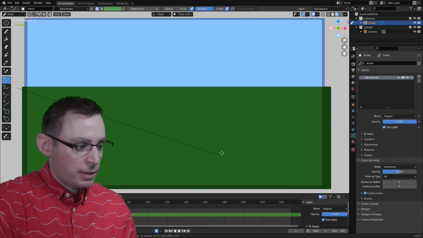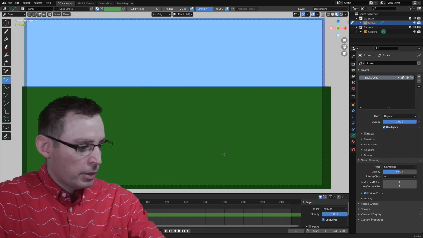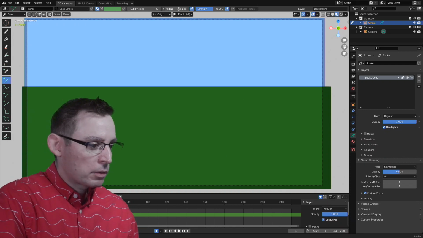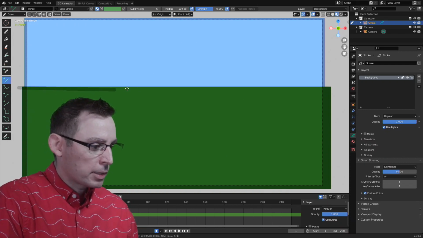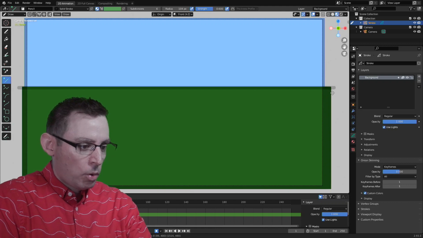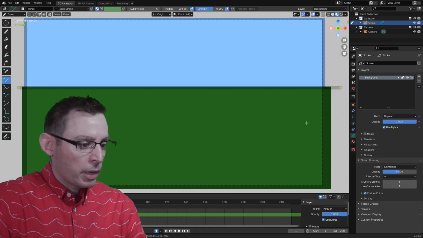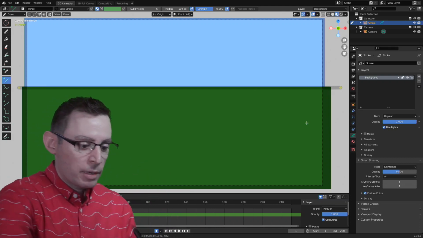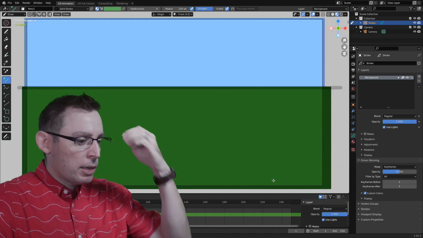I'm looking at the size of that line, and it's way too small. Let's hit the escape key, increase the radius a little bit here. How big is that? Yeah, that's good, right about there. I'm going to hold down the shift key while I draw it to make sure it's nice and straight. I'm happy, hit the return key, and life is good.